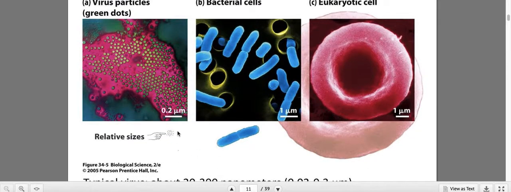So if you want to compare, you look down here, you see this is how big viruses are compared to some of the smallest cells, which are bacterial cells. See how small they are in comparison? And this is how small a bacterial cell is compared to one of the smallest cells that we humans have, which is a red blood cell. It's not really that clear, but you can see how big they are. So this is how small a virus is, and this is how a human cell is compared to it. See the vast difference.